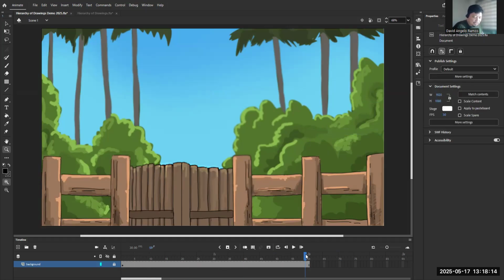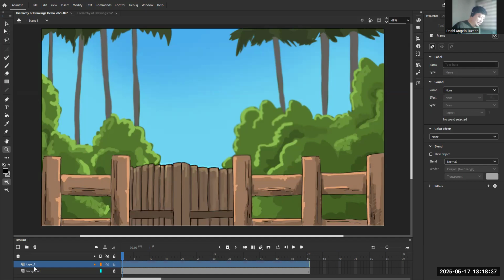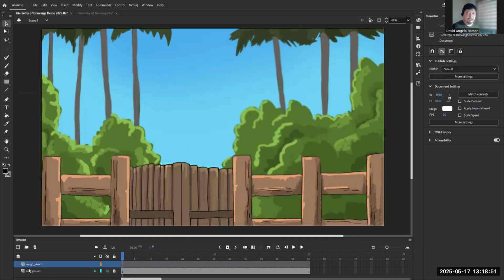All right. So after that, I'm going to add another layer here. And of course, I'm going to start off my sketch with basic shapes of my character. I'm going to create a simple character consisting of basic shapes. This is called the construction. I'm going to rename this layer as rough sketch. I'm going to click somewhere here using this arrow, and then press OK. And that's it. You have this rough sketch layer right here, in which I'm going to